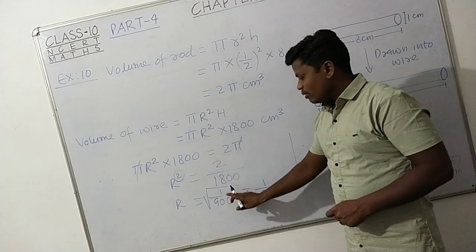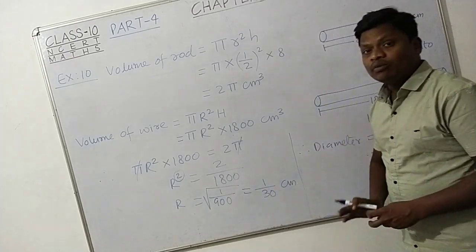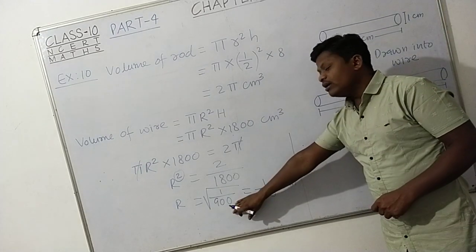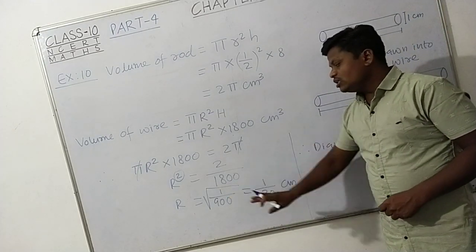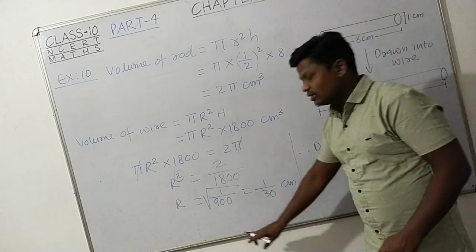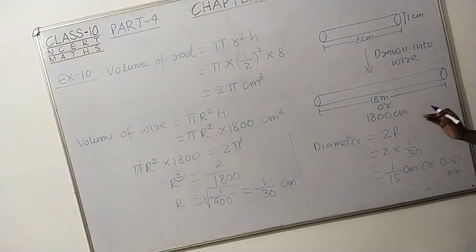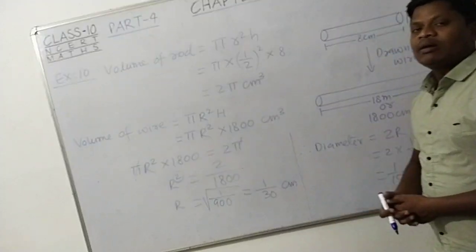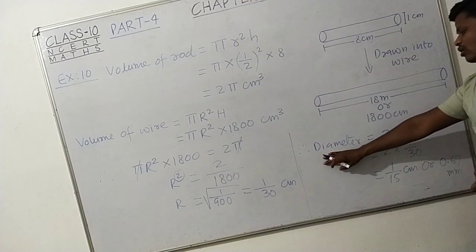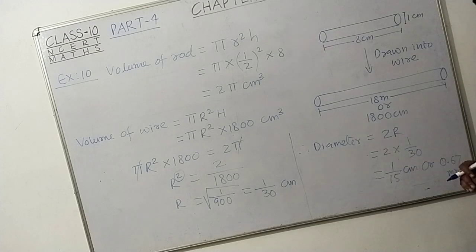क्योंकि अगर इसको हम 2 से डिवाइड कर दें तो 1 अपॉन 900 आ जाता है, और वी नो दैट 1 and 900 both are the perfect square number, so 900 is the perfect square of 30, so 1 is the perfect square of 1, so 1 upon 30 centimeter, that is the radius of the wire, और इस रेडियस को अगर हम डबल कर दें तो वो किसके बराबर होता है, डायमीटर के बराबर होता है, इसलिए हमने यहाँ पर लिखा है डायमीटर ऑफ द वायर दैट इज इक्वल टू 2 into r, right, so 2 into 1 upon 30 that is equal to 1 upon 15 centimeter, right, so this is the diameter, and if we convert this value into the decimal millimeter तो ये मिलेगा हमको 0.67, राइट, तो 0.67 या फिर 1 upon 15 सेंटीमीटर, दोनों ही इसके राइट आंसर होंगे।